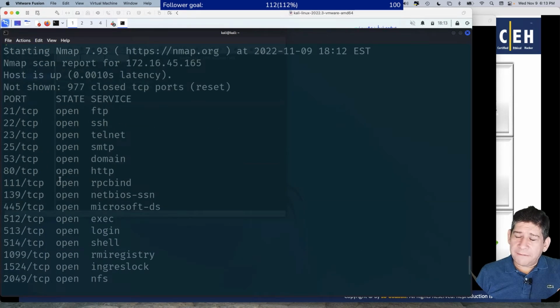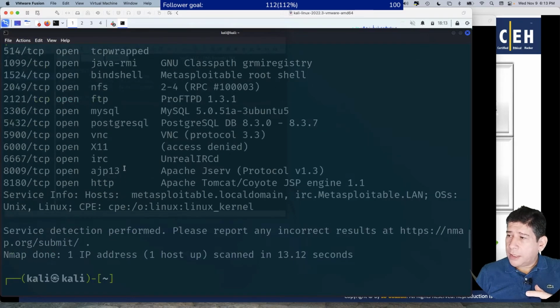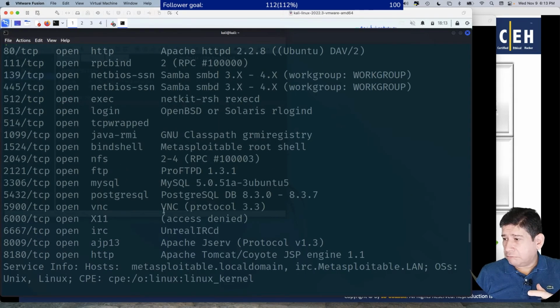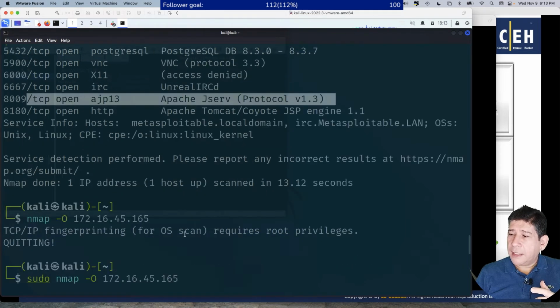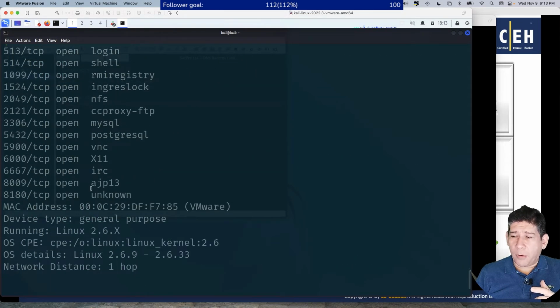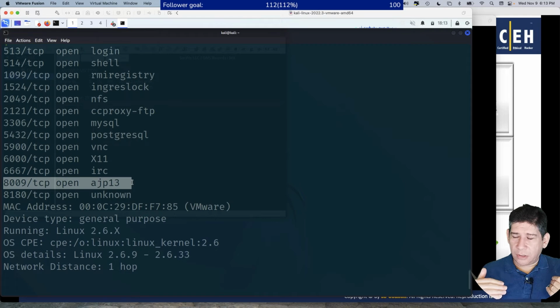But if you see the difference, here we don't have the versions of each one of them. Look, here we have the version of the Apache JServ, blah, blah, blah. Here you just see the open port, but not the version. You see? Open port, but not the version. You see the difference in the results. Well,